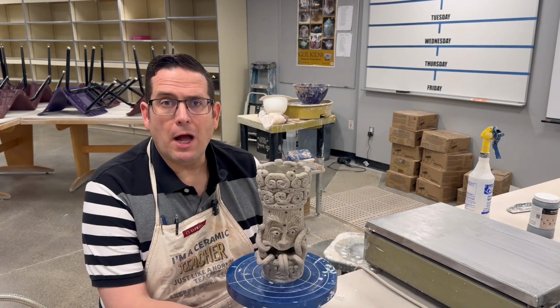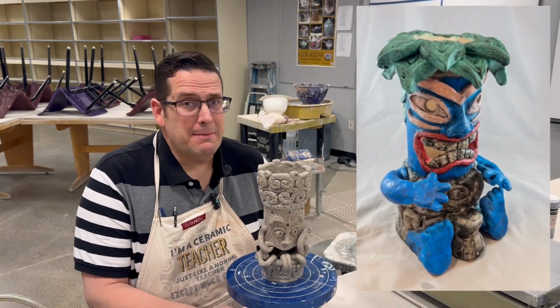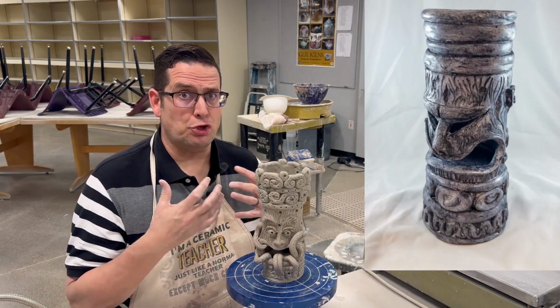Just finishing up the project. The new project we're working on is called a little tiki sculpture. It could be a tiki if you want it to be, it could be something else if you want it to be. I don't care. It's more about the combination of coiling and slab building, and we get this thing called sculpting,